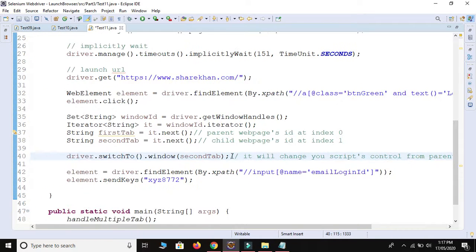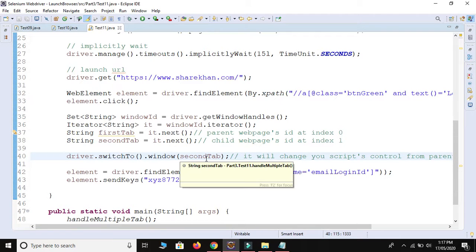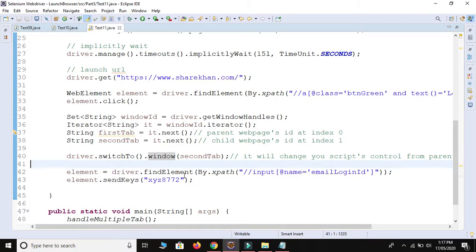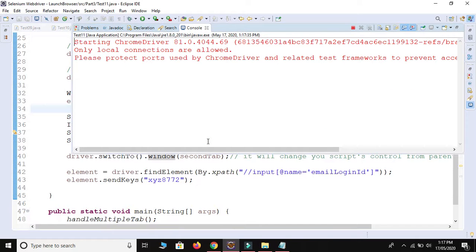Okay, after changing the control, the script will be able to find the element and then it will send keys. So just control shift F and control save. At this time, if it don't face any internet issue, then it will enter the data into the text field on second web page, because we written the code for the change the control from parent to child. Let's wait for the execution.